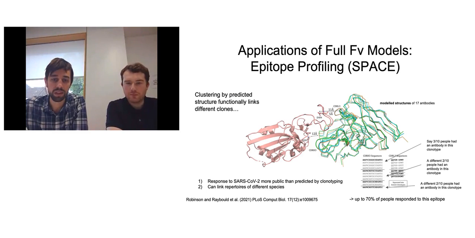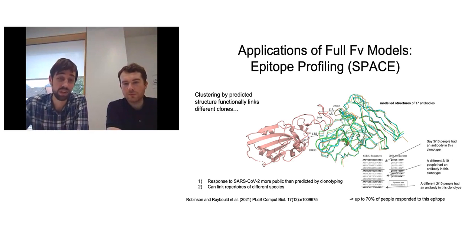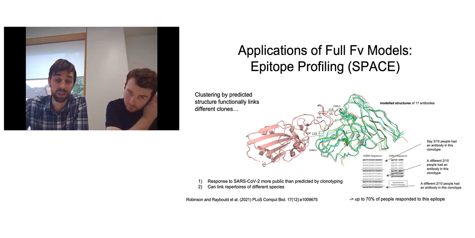Oh, sorry, just on that last slide, the summary there is that we start to pick out that already we thought the response to SARS-CoV-2 was quite public, based on that work from Galson et al., where we just literally did the genetic clustering and mapped it with other known repertoires. But when we start to group together genetically dissimilar things that can do the same function, we see it's even more public than we thought by phenotyping.